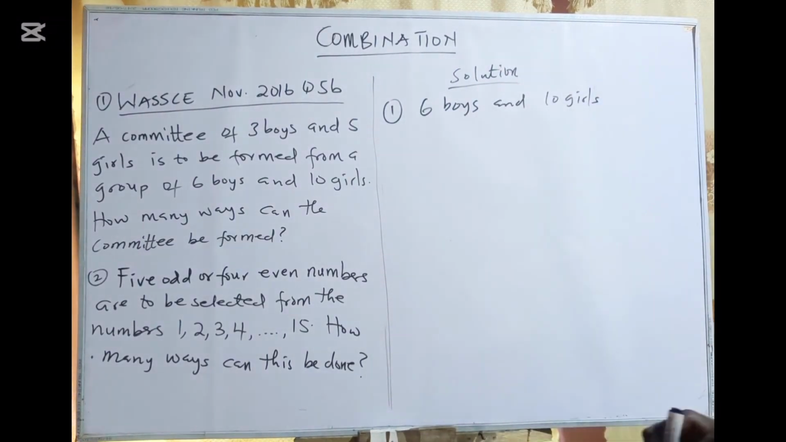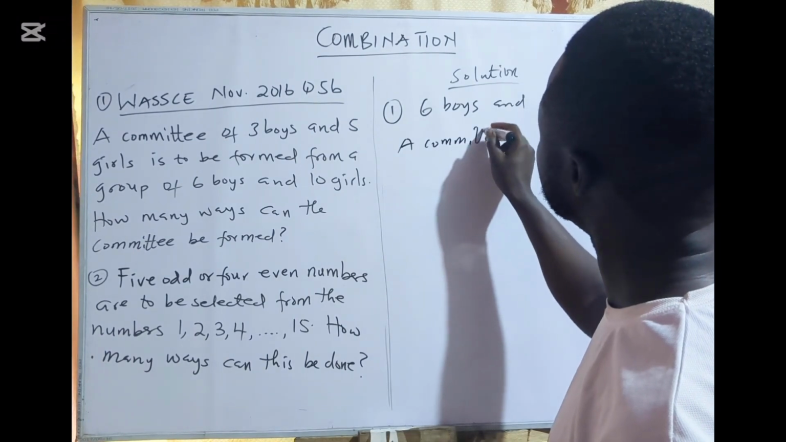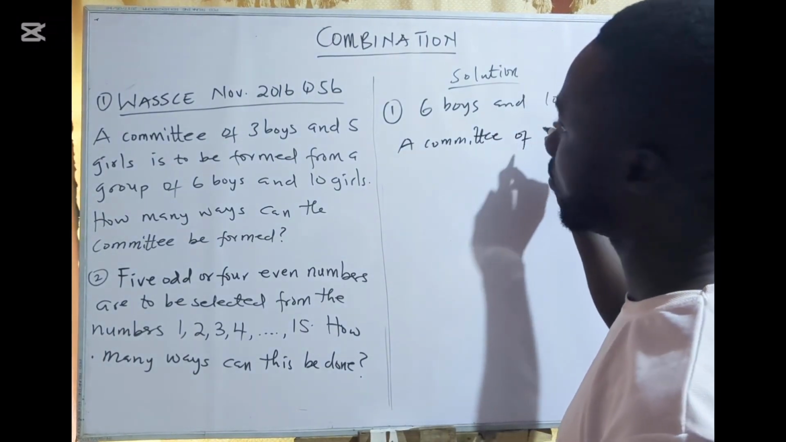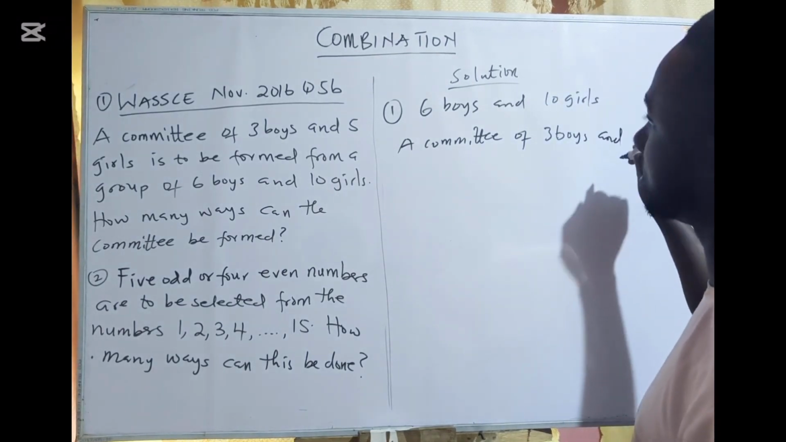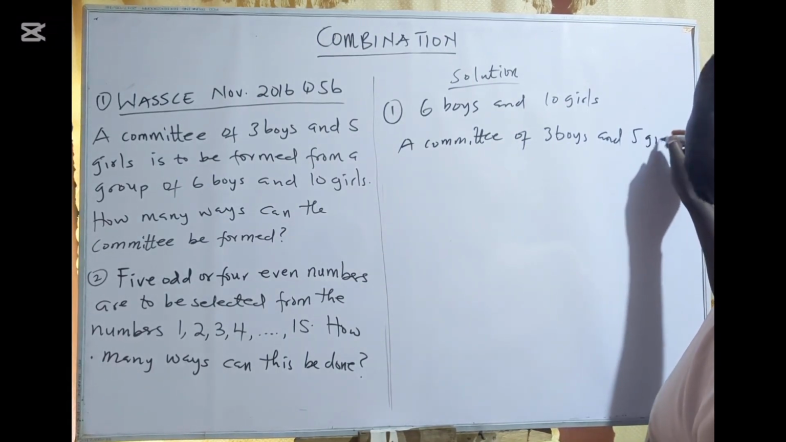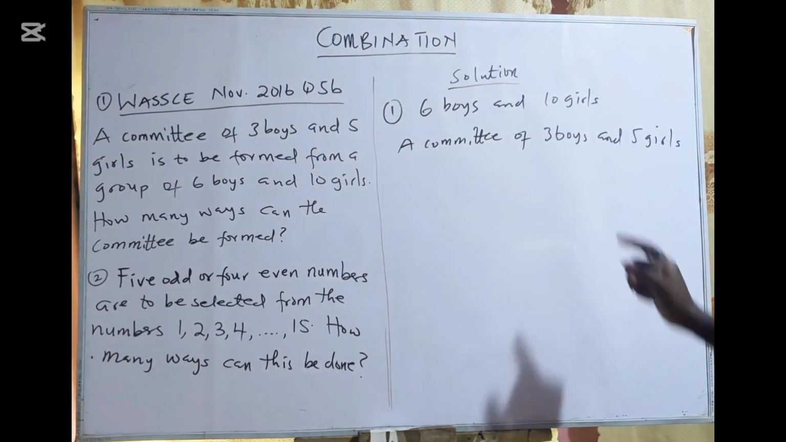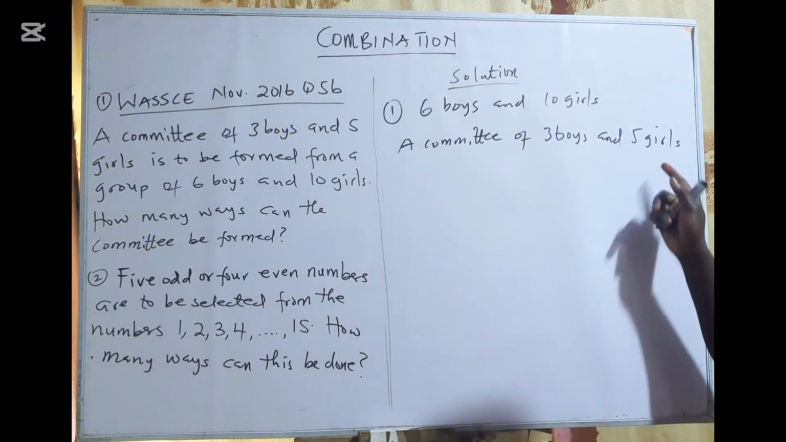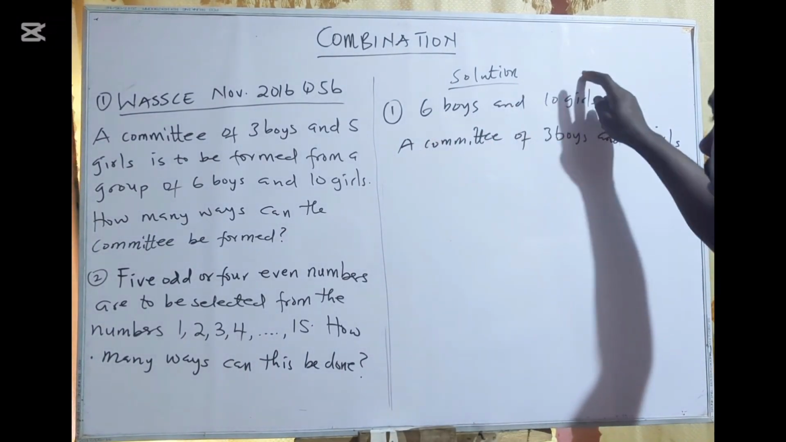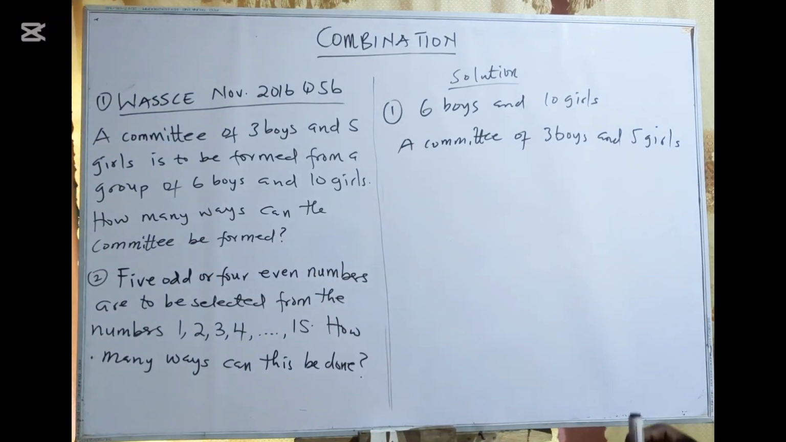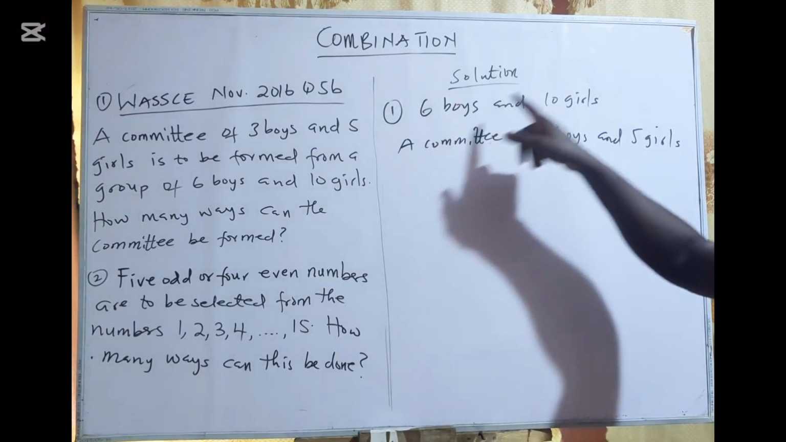And then the committee is to be formed from this. A committee of 3 boys and 5 girls. Okay, so it means that in the committee, I just need 3 boys and 5 girls. But the 3 boys and 5 girls I need, they are from 6 boys and 10 girls I'm going to select from. So since I'm going to select 3 boys and 5 girls from 6 boys and 10 girls, then that